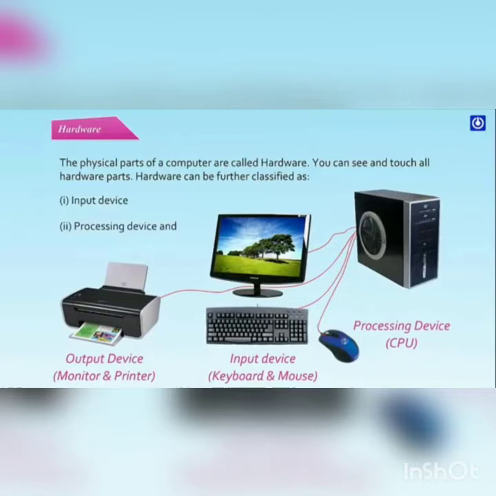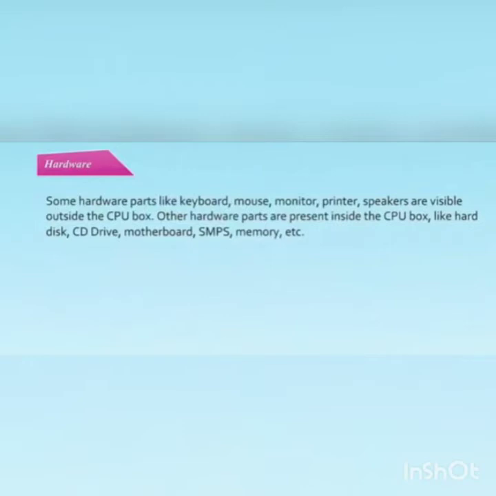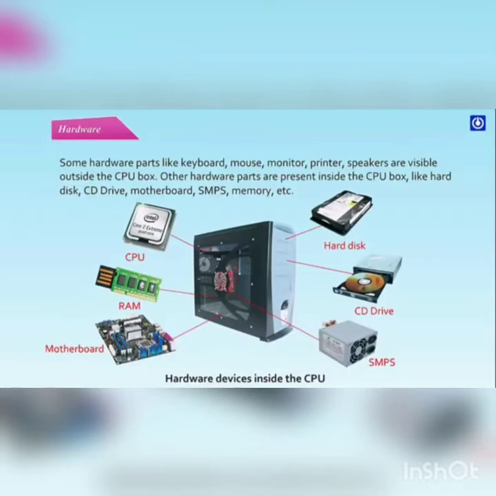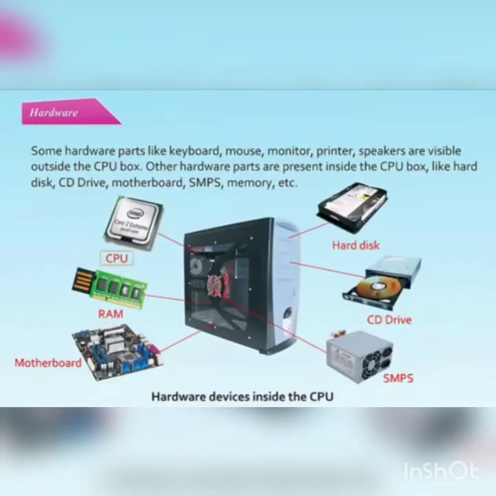And the last but not the least, output device, that is monitor and printer. Some hardware parts like keyboard, mouse, monitor, printer, speakers are visible outside the CPU box. Other hardware parts are present inside the CPU box,